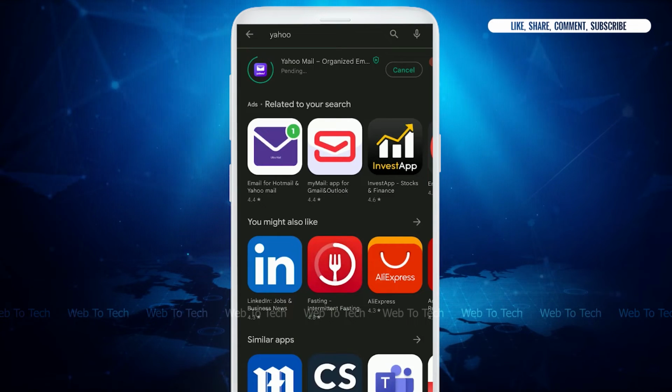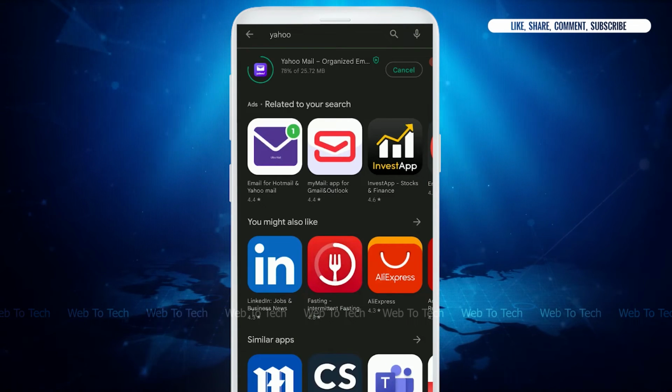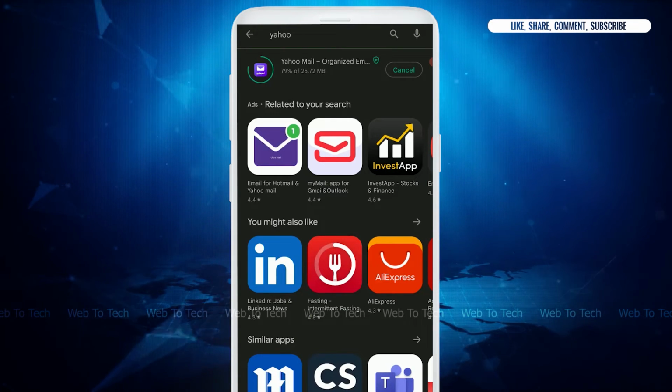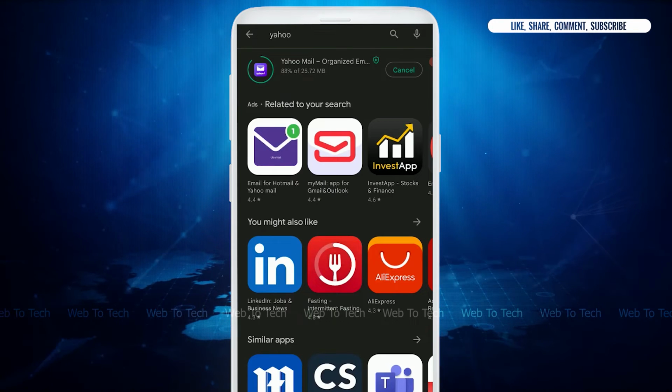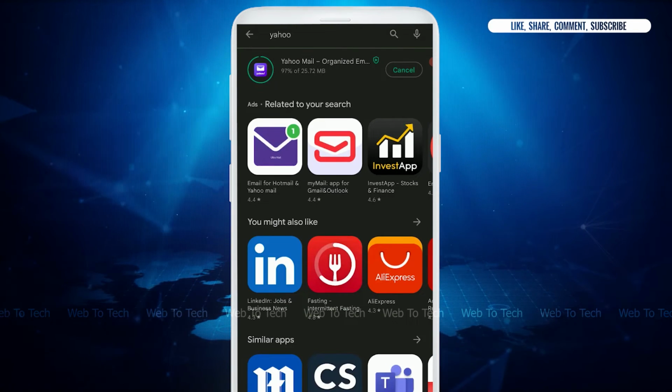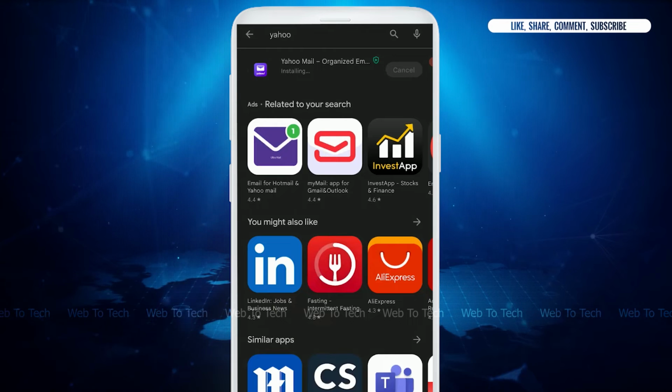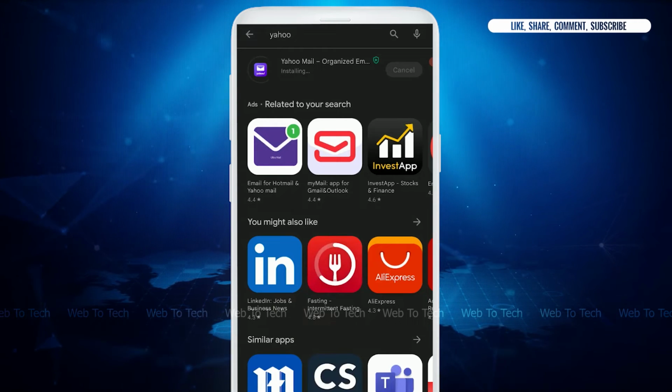Yahoo is an American web service provider. With the help of Yahoo, you can send mail to the recipient email address of yours. In that mail, you can attach files, folders, documents, or anything that you want to convey to the other